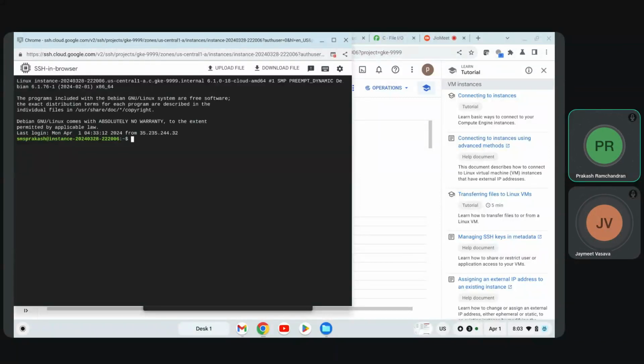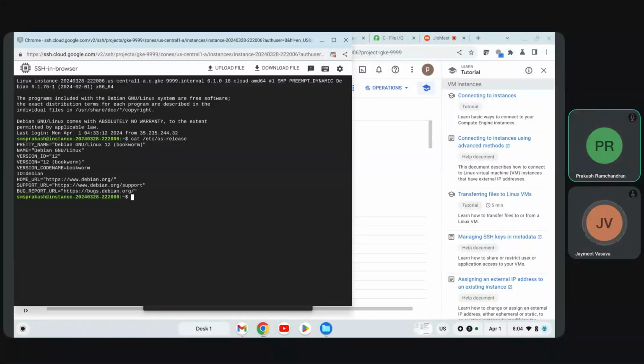So I have a Debian 12. What I can do is a cat command. Cat is nothing but concatenate, a terminal command. cat /etc/os-release. So it shows that I have a